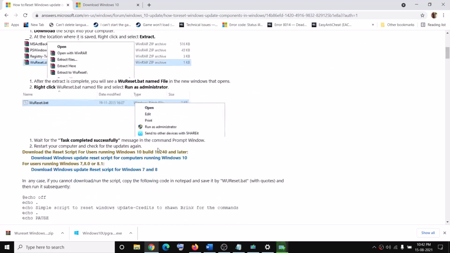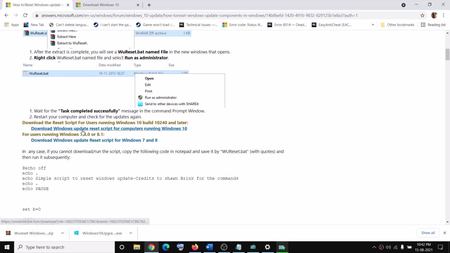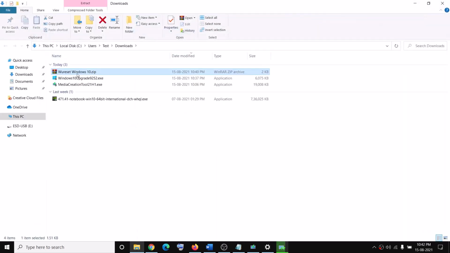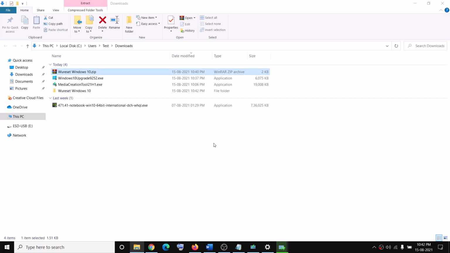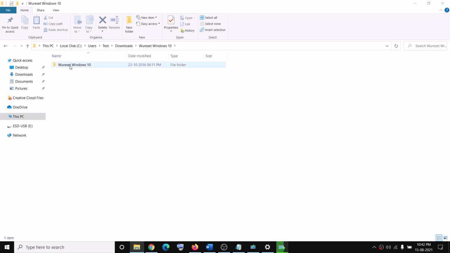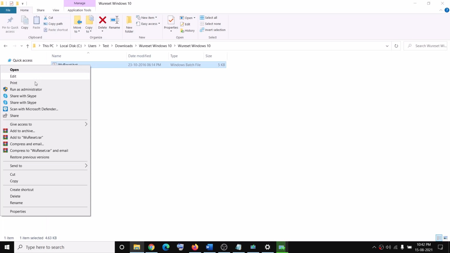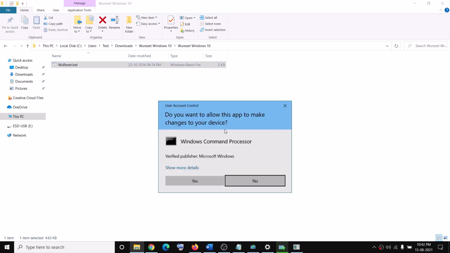Scroll down. Here you can see download Windows Update Reset Script for computers running Windows 10. Click on it. A zip file will download, and then go to the download location. Make a right click on the zip file, then click on extract, and then open this folder. Open WU reset folder. Make a right click on WU reset.bat, then click on run as administrator, then click on